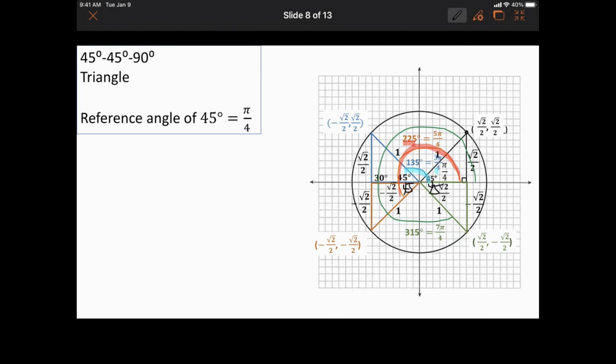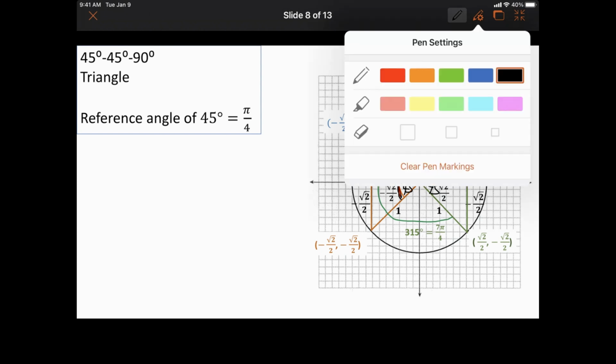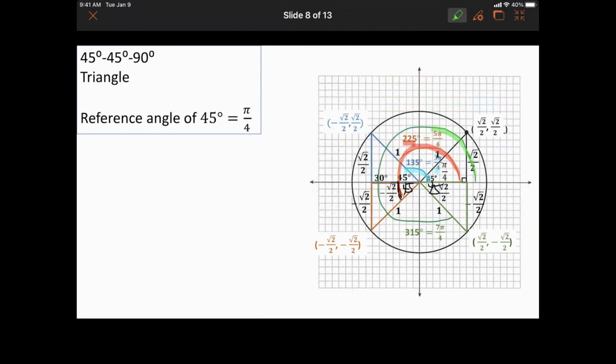So here, 225, if you subtract it from 180, because this will be the reference angle, would be 45. If you go all the way around for 315, if you subtract that from 360, it would also be 45. Note that the denominators for each of the angles in radians is 4. The last one